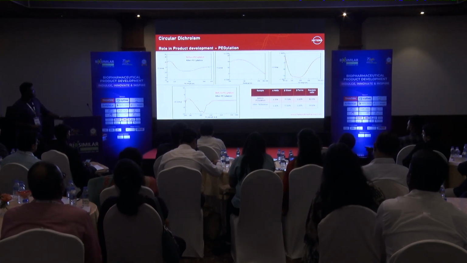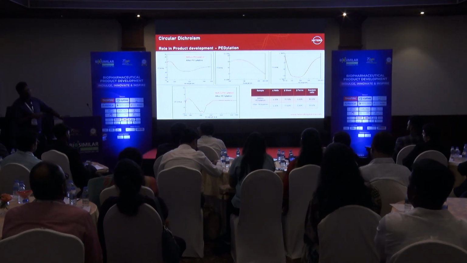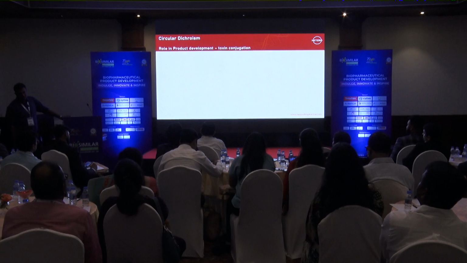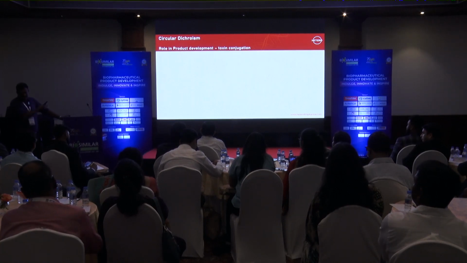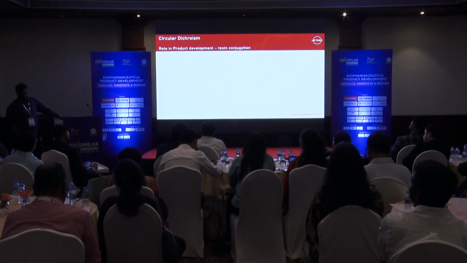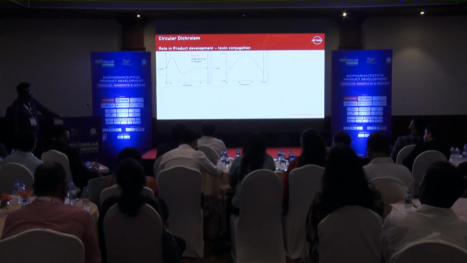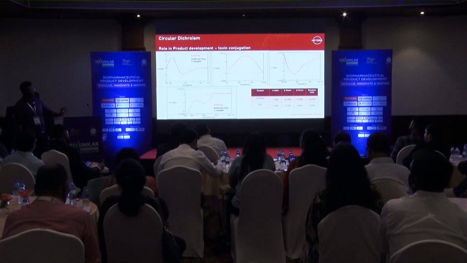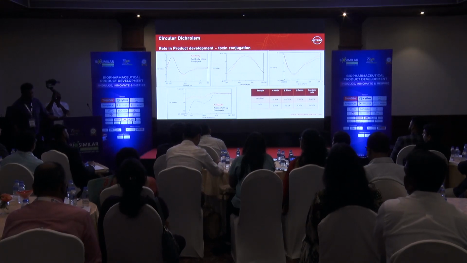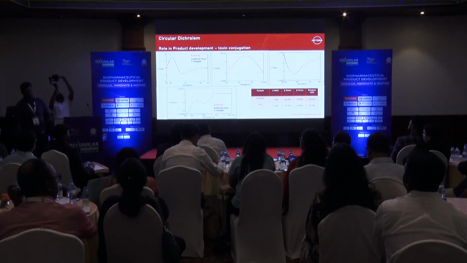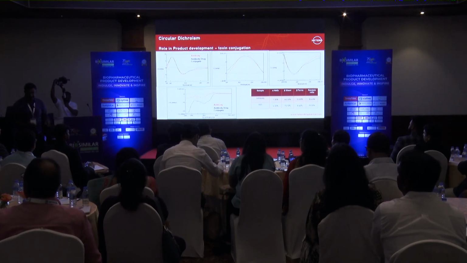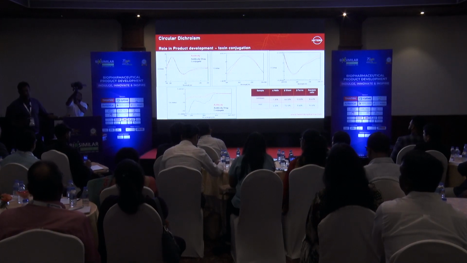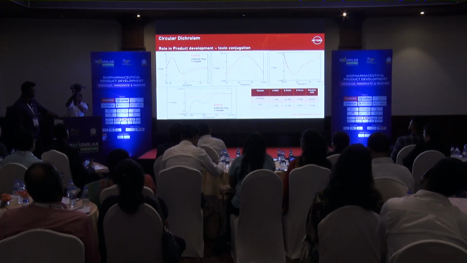Now the similar kind of conjugation, but instead of pegylation, I'll try to show you some data with a toxin conjugation. So the pegylation and toxin conjugation which we are seeing here, both are at the lysine sites. So the site of conjugation is the same. But if you look at the profiles, when you conjugate a toxin, now your CD spectra starts to change. And you see such a very distinct spectra change in the tertiary structure. So a pegylation was not impacting the structural changes as much as the toxin. Because toxin again is a small molecule, it is a protein drug interaction that we are talking about, which is also a very important aspect of reading the CD spectra as such.